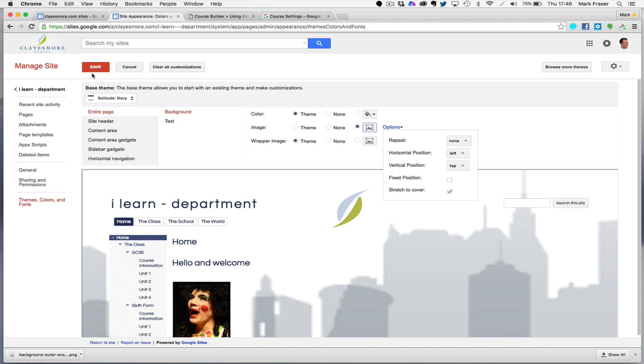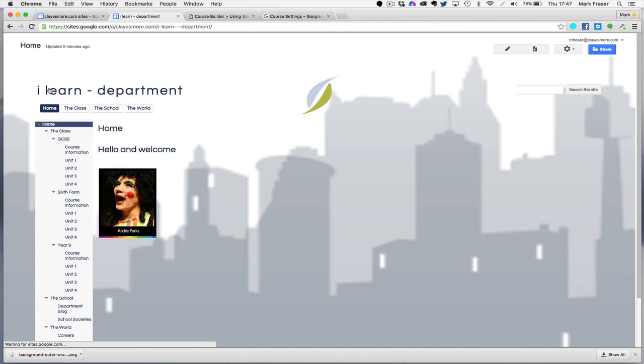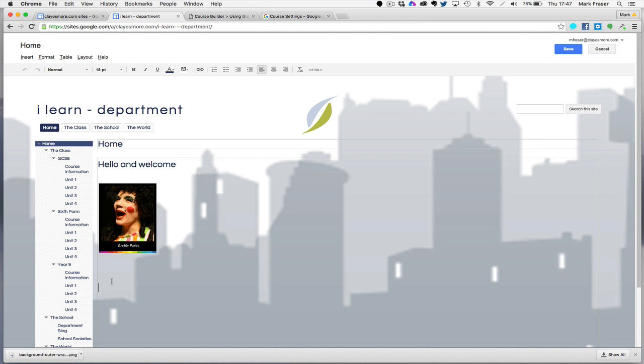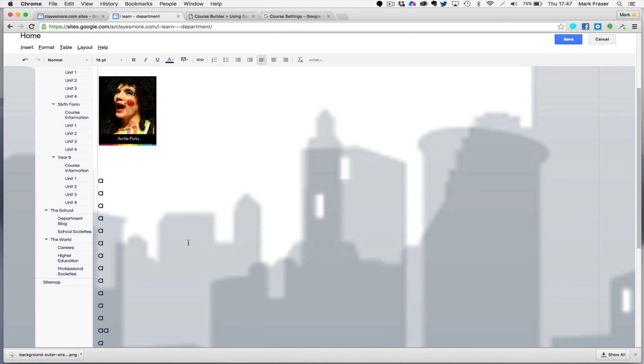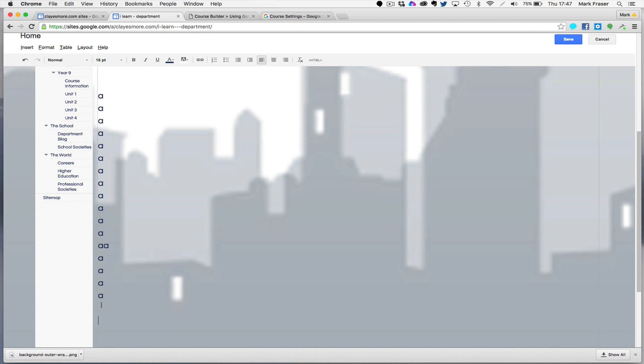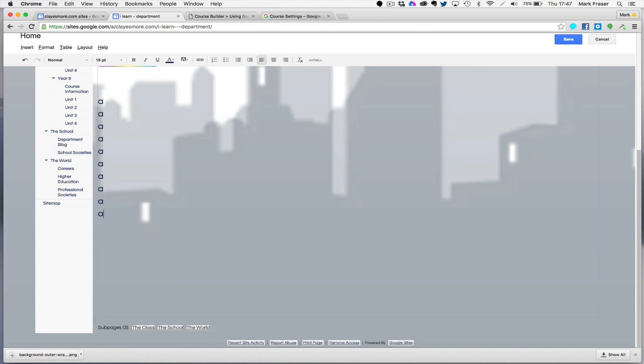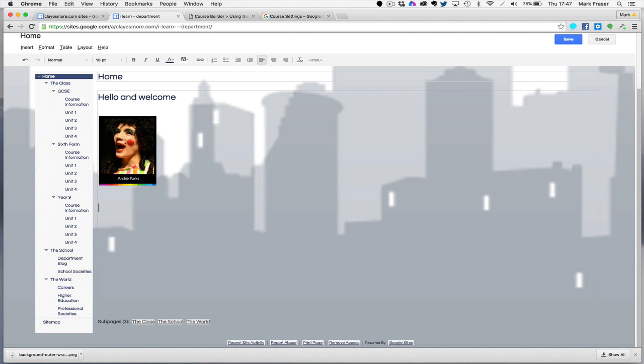So if I save it and we'll go back to the site, and you can see what that looks like. So click here, back to Island Apartment. And what that will do is it will stretch the image so that it fills the whole of the background. The only issue with it is if I come to edit the page, if I start to put lots of stuff on the page, you can see the image continually stretches to fill the space as I use more and more space on the web page, and the image can very quickly get distorted. So I'll just take that back out,